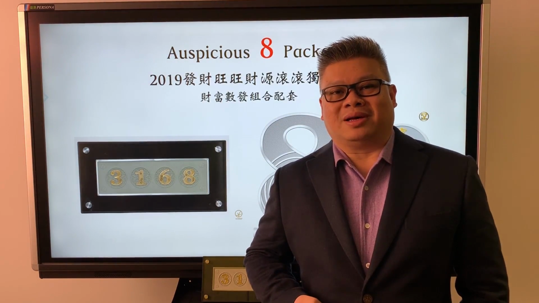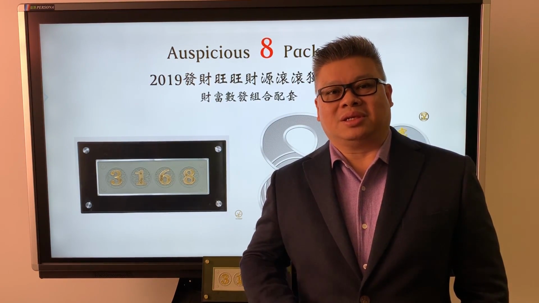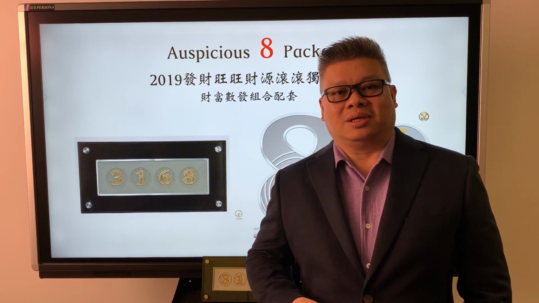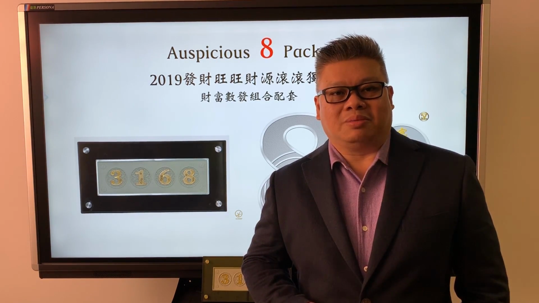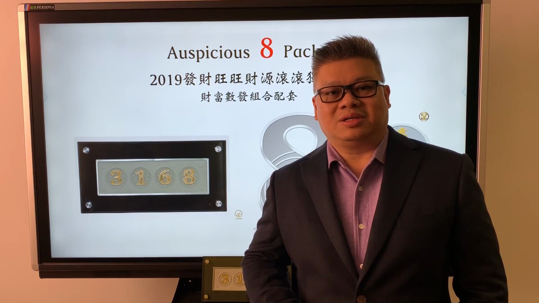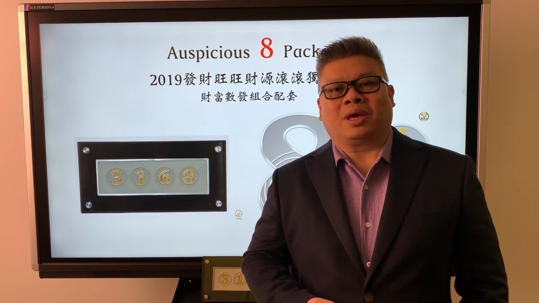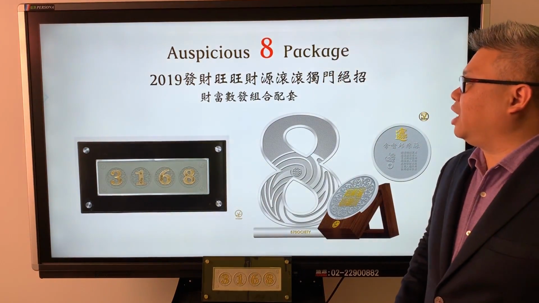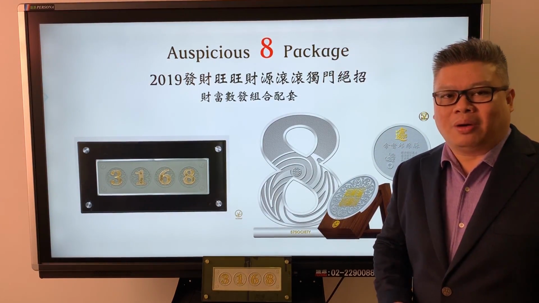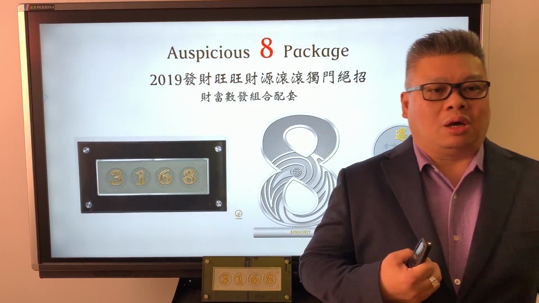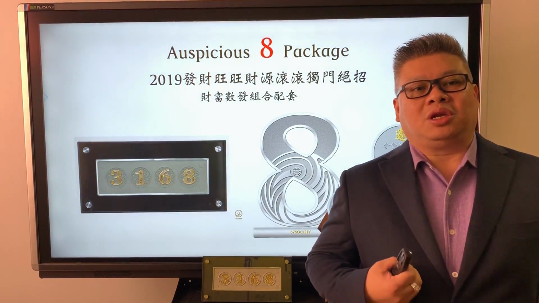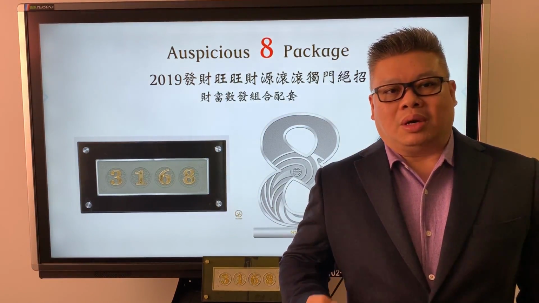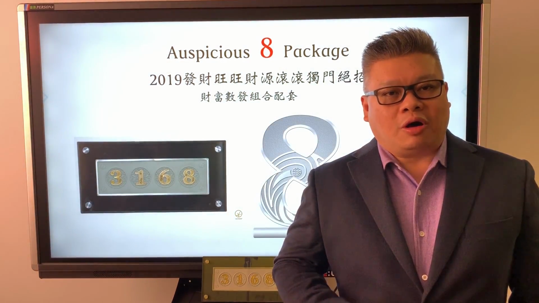I know a lot of clients in Malaysia, in Singapore, Brunei, Indonesia, and probably all over Asia, and maybe in parts of the United States, Australia, and the UK. We have our clients, and I think this is for you. The Auspicious 8 package is basically about positioning, positioning of ourselves, be it our own residential properties or our office.